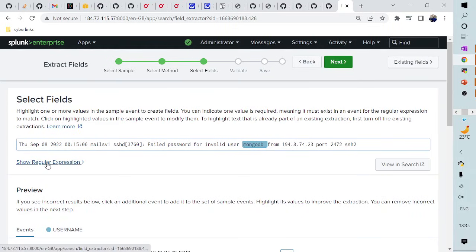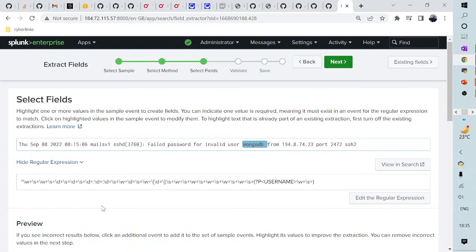If I click on show regular expression, it will show me the regular expression which is getting generated automatically by Splunk. Though it is not very efficient, you can also edit the regular expression if you really want to, but it's not needed at this point in time. Okay. So if I click on next,